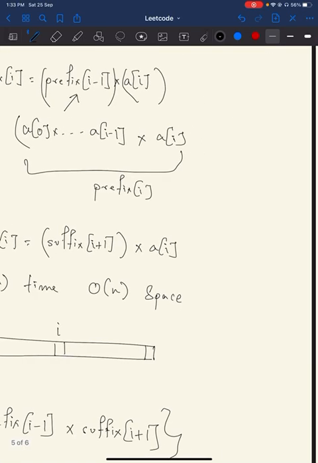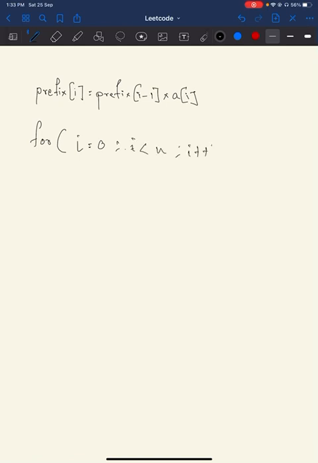Let's try to understand the code. So prefix i is equal to prefix i minus 1 multiplied by a of i. So that's how I'm going to calculate. And okay, so I need to run a for loop from i equal to 0 till i less than n, i plus plus. What I'm going to do is